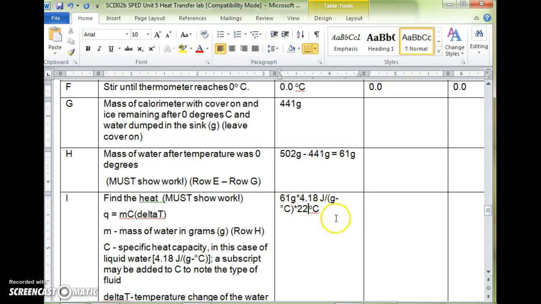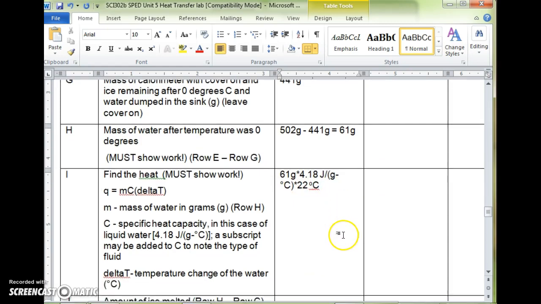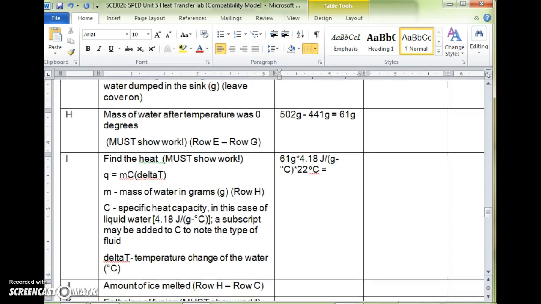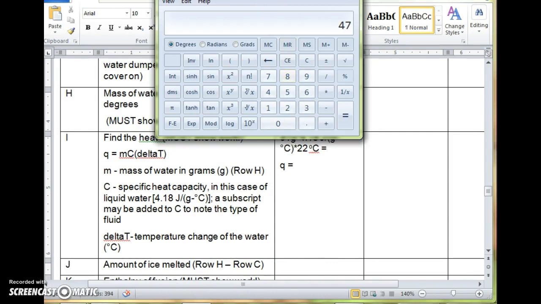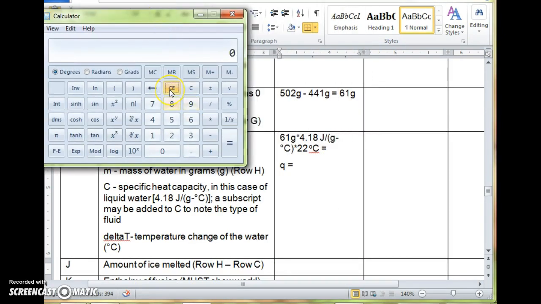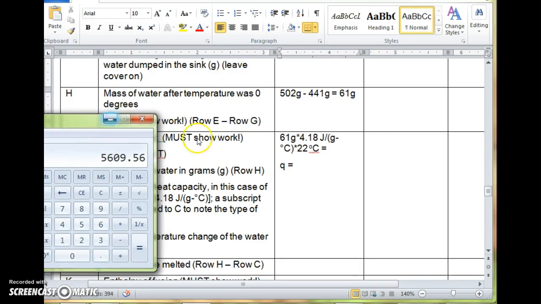So we're going to multiply 61 times 4.18 times 22, and that's going to tell us how much heat we had, equals Q, which needs to be lowercase, and that's the amount of heat. So put it in your calculator. What do you get? I have 61 times 4.18 times 22, and I get 5,609.56